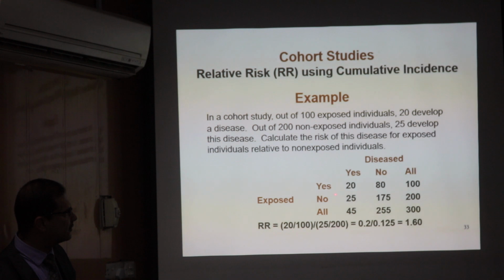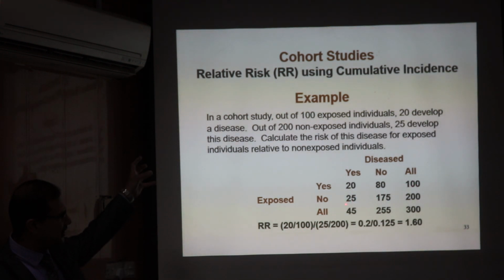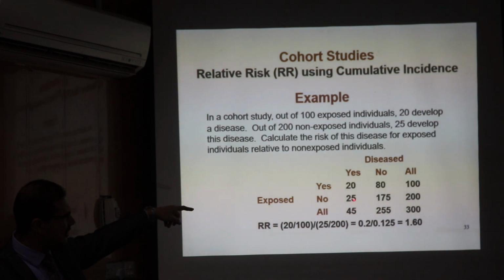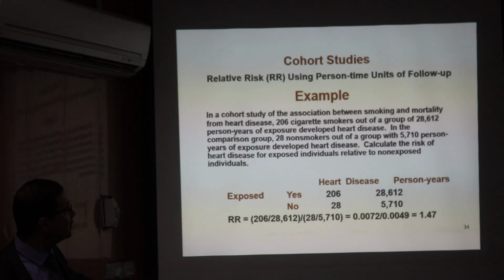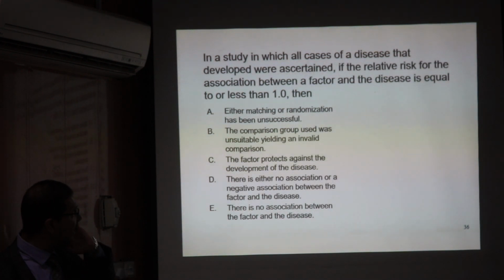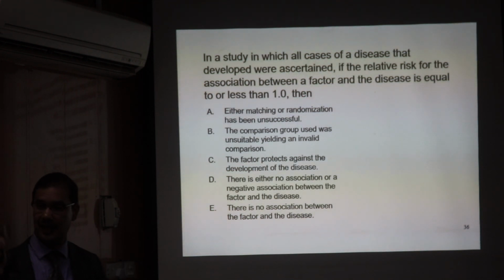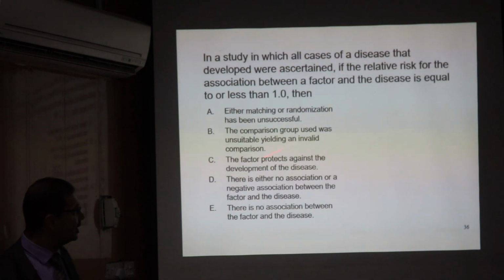شلون نحسب relative risk؟ مجرد انه نخلي 20 over the total number of exposed people, 20 over 100. ممكن تشوفوا هذا هنا. كل سمبل، انا بس بدي فكره يعني شلون نحسبها. سمبل مات، يعني 25 over the total patients of non-exposed. راح نقارن exposed against non-exposed ماشي يعني؟ Relative risk, we have a couple of exercises about those terms. Like in a study which cases of the disease that developed were ascertained, if relative risk for the association between a factor and the disease is equal to or less than 1, ايش راح تختارون؟